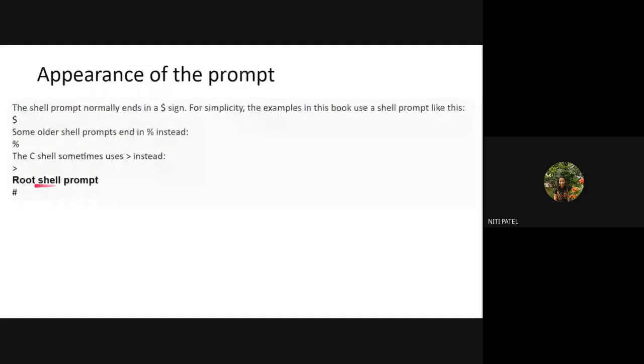And then we have a root shell which has hash. So the one which is supported in Linux is dollar, and the root shell is the hash. These are the different types of shells, but the commonly used ones in Linux are dollar for the normal user, that is the bash shell, and hash for the super user or the root user.